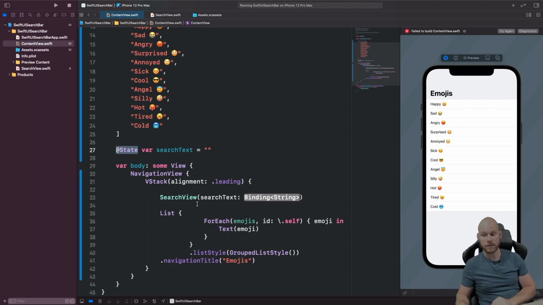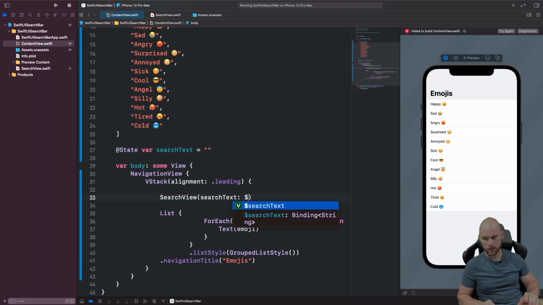So as someone is typing in the search view, it's going to be updating right here in this variable instantly. Automatically, it's always populating, it's always listening for that. So that's what this at state part is doing. So now we can do the $, and then pass in that search text, and now that's going to be passed in there. So now if you hit try again here,